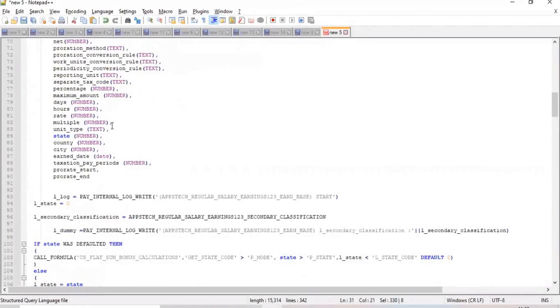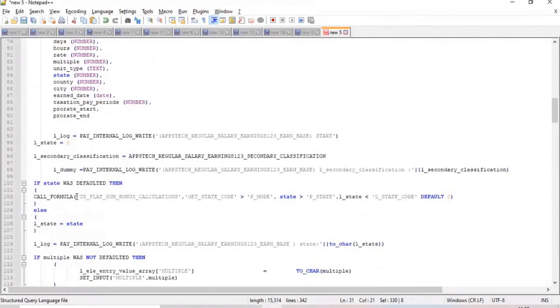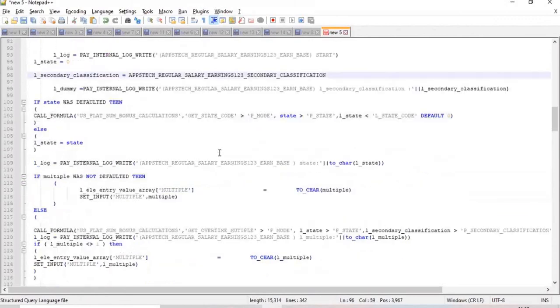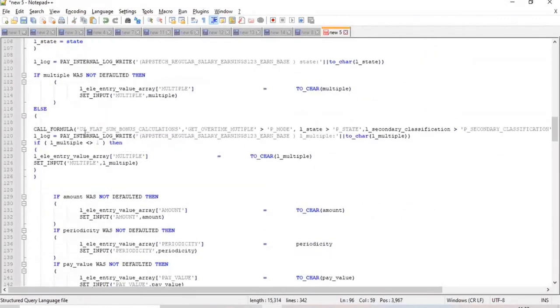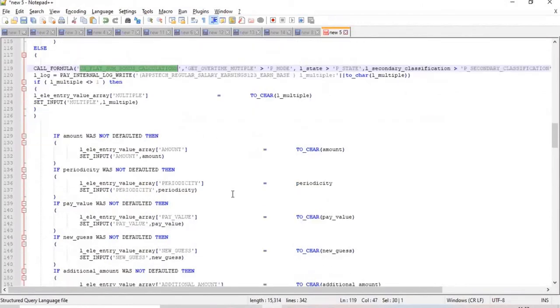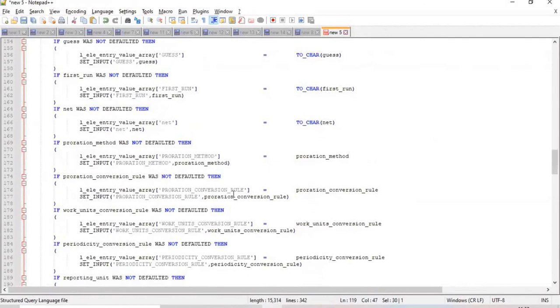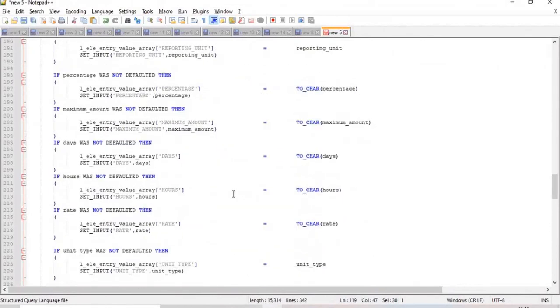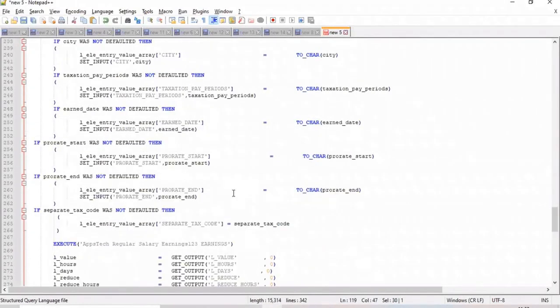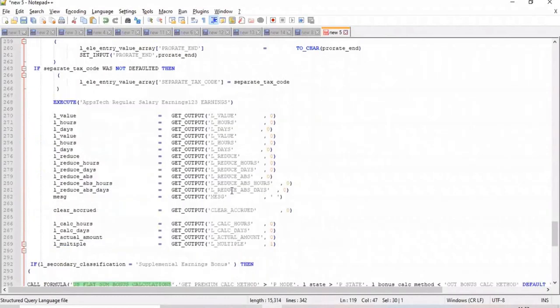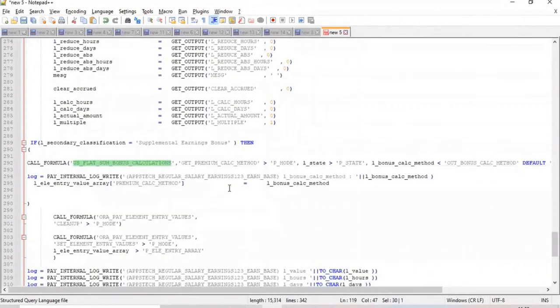Not only that, this formula is going to call another formula. You see here, these are the standard formulas given by Oracle. It is getting the state code because state codes are important to define your logic. It's calling a lot of other formulas. This is the reason I said don't modify or edit this formula unless there is a requirement.